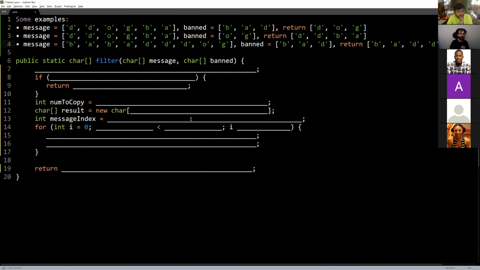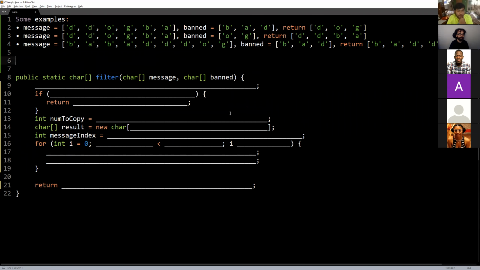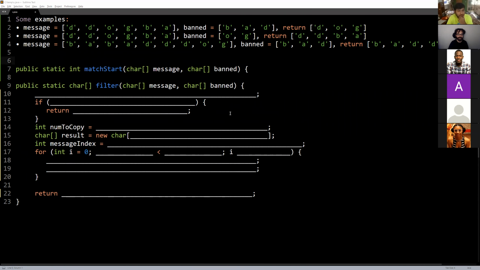Okay, so what helper methods do we have available? We have match start. First of all, a little tip: if part C says you can use parts A and B, they're not always useful, because sometimes they're just there pedagogically, or testing your ability to do things. But let's see, match start and matches.